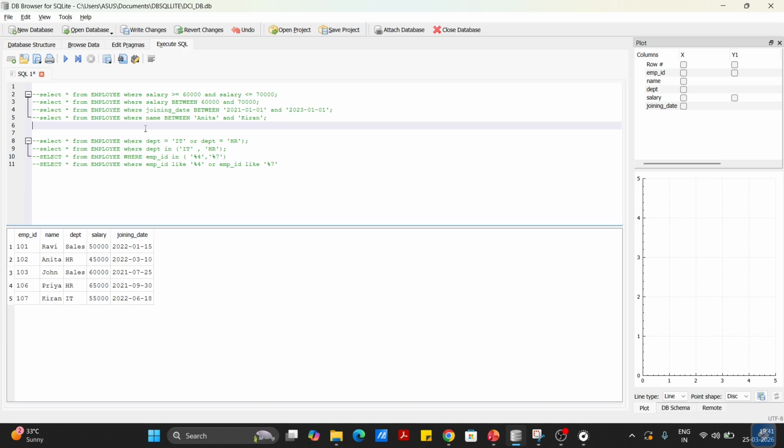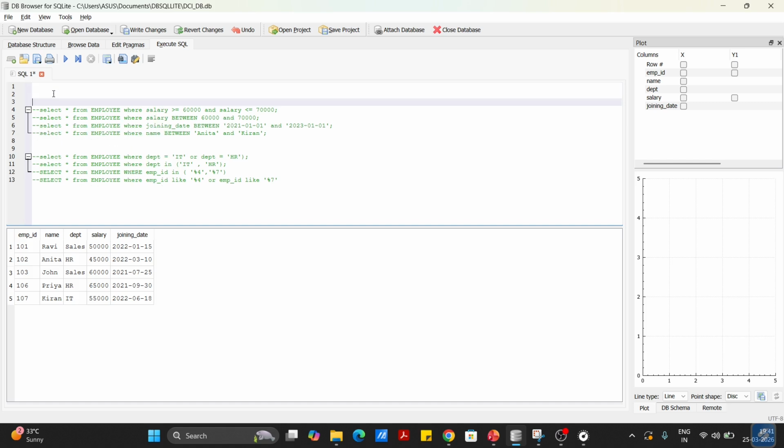Let us jump into our practical. So this is the SQLite DB. How to install it we have covered in module 1, so kindly go through that module. I will just start uncommenting the code. For example,